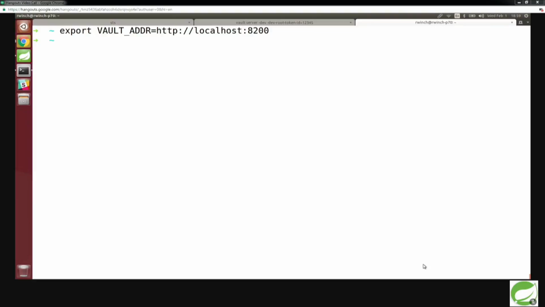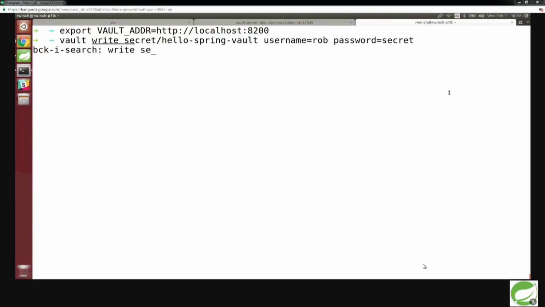And then we're going to go ahead and write a secret. And so here you can see I'm saying vault write. Secret is like a namespace, and that namespace maps to different backends. By default, secret is going to go to the generic backend, which is essentially: encrypt this and store it for me. And then the ID that we're giving that is hello Spring Vault.